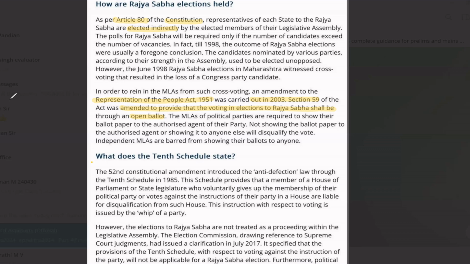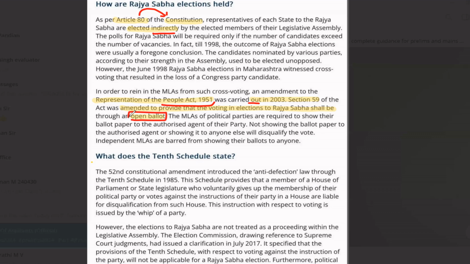So the next topic that is important is the Rajya Sabha election which recently happened. In this election, what you have to understand is that Article 80 gives this indirect election. There is no direct election for Rajya Sabha, it is an indirect election, and look at the Lakshmikant chapter clearly also. But there was an amendment in 2003 which provided for elections in Rajya Sabha to be an open ballot. The elections for the Lok Sabha which recently happened were a closed ballot. It's not an open ballot, but it's an open ballot for the Rajya Sabha election which is happening.